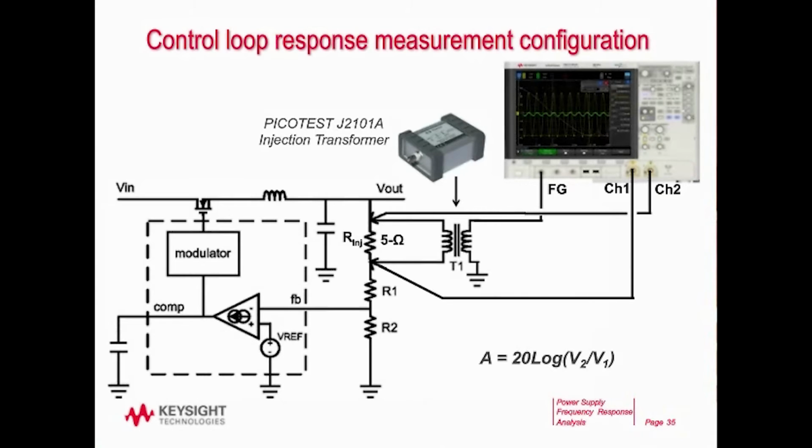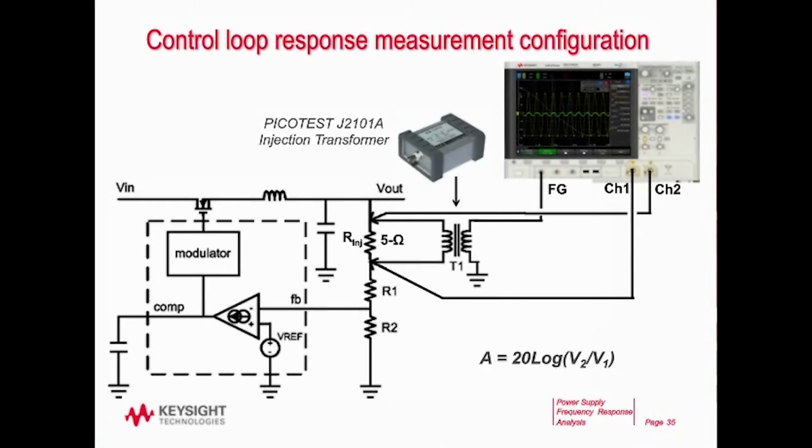To make this measurement, typically you have to insert what we call an injection resistor. It's a very low value resistor you insert in series with that R1, R2 resistive divider network that's going into that error amplifier. R1 and R2 are typically in the tens or hundreds of K ohms. In this case, there's a 5 ohm resistor in series. I've seen various application notes from various sources. They recommend anywhere from about 10 ohms to 50 ohms. The device I'm going to test in a few minutes is very sensitive, and we just have a 5 ohm